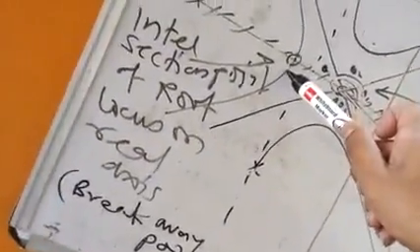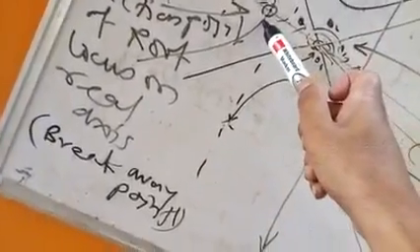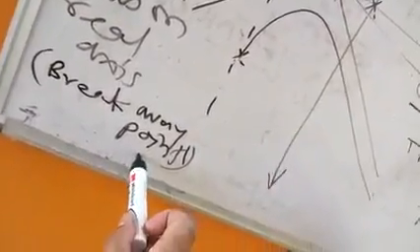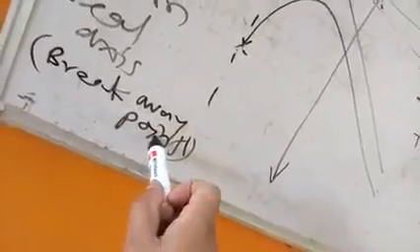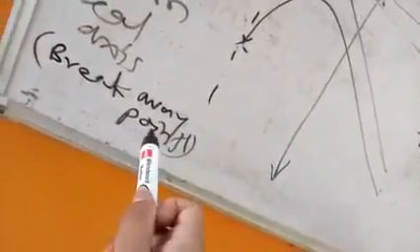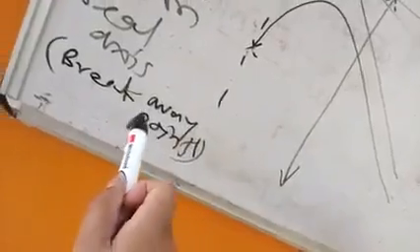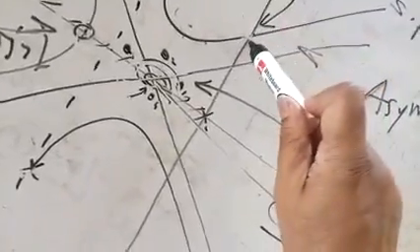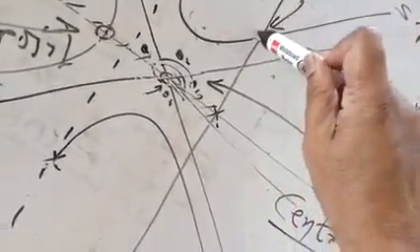This is the intersection of root locus on the real axis. This point is called a breakaway point. In any question we determine the breakaway point. There are two types of breakaway point, valid breakaway point and invalid breakaway point. We leave the invalid breakaway point and consider only the valid breakaway point. This point is the intersection of root locus on the imaginary axis, and it is determined with the help of the RH criterion.